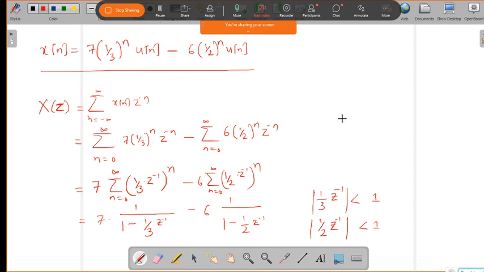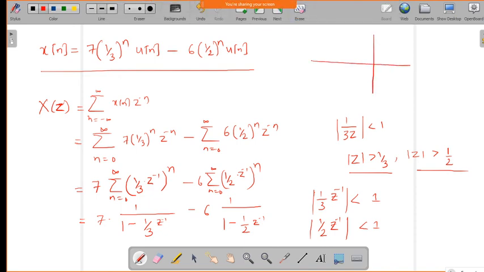Okay, so now we can write this. 1 over 3z is less than 1, and so z is greater than 1 by 3. Is it right for that one? Similarly for z greater than 1 by 2, right? So now decide which is the least value. If you take the complex plane, 1 by 3,